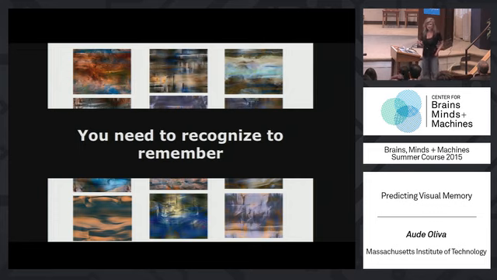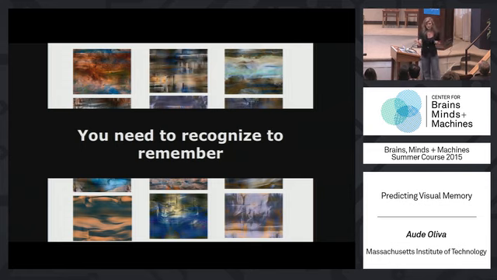And the basic idea of memory is you need to recognize, to put a unique tag or collection of tags in order to remember that individual image. So the fact that you saw a collection of textures or paintings or whatever you want to call them, you remember that as a group. But to go to the individual memory of one, you're going to need to have a specific concept. And in order to remember it, this is going to be an abstraction, a format, a collection of words, or a coding that makes it unique.